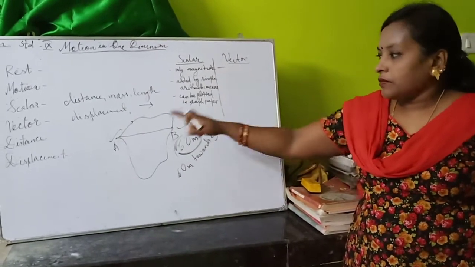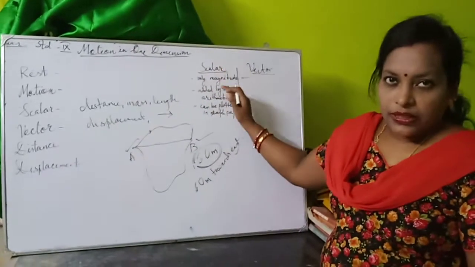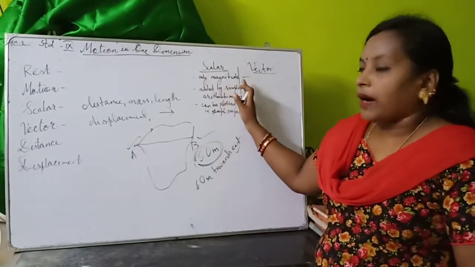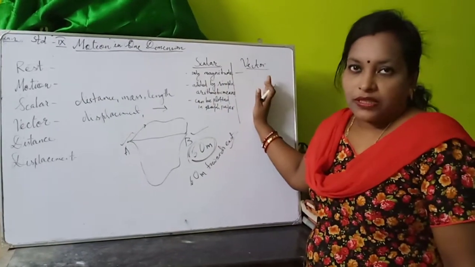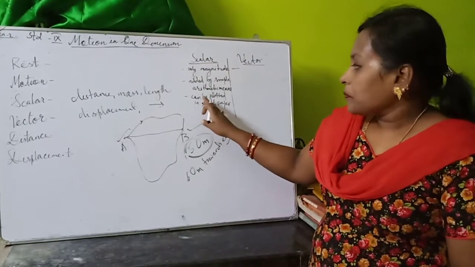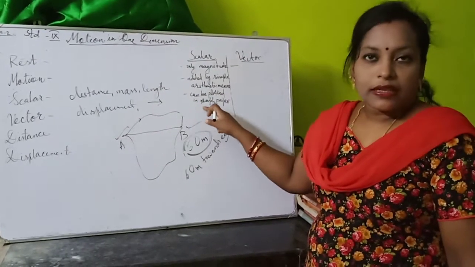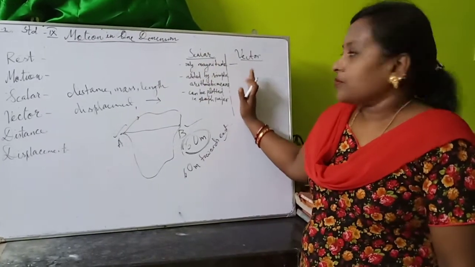So the example will be displacement. Scalar quantities can be added by simple arithmetic means. But for vectors it is just opposite. They cannot be added. Similarly, third point: scalar quantities can be plotted on graph paper, which is not possible for the